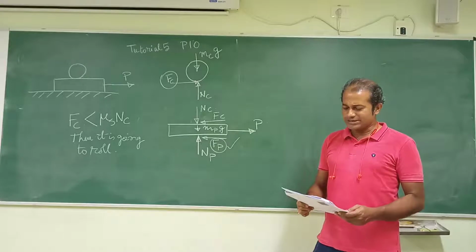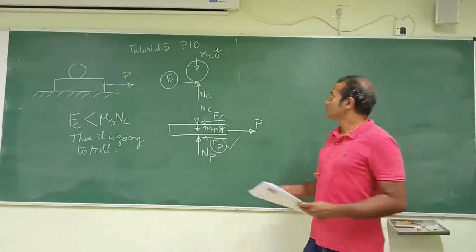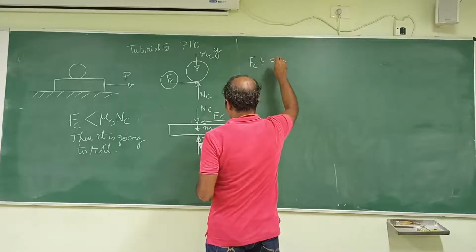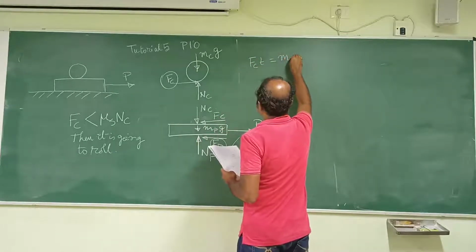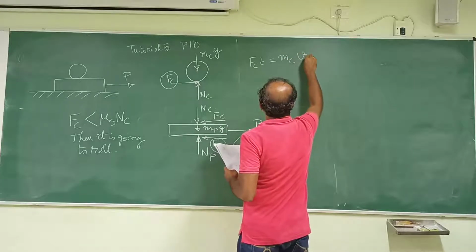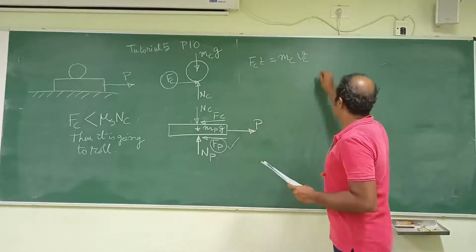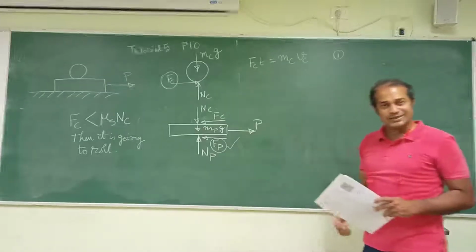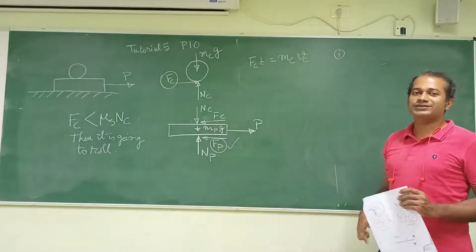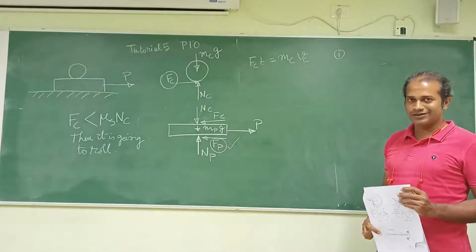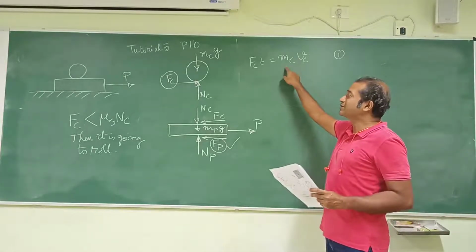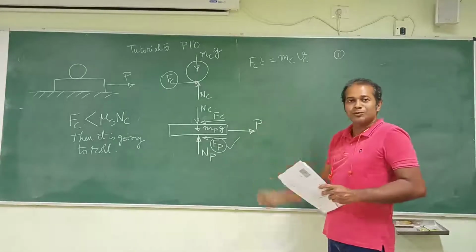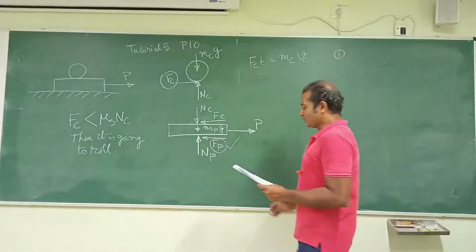Okay? Now what are the equations that you can write? For example, you can write F_C times t is equal to m of the cylinder times v of the cylinder. That is one equation. The time t is the duration for which the force is going to act. F_C t, the impulse, is the momentum change. It was initially at rest, so this is the final momentum minus the initial momentum, right? Next, what are we going to have?